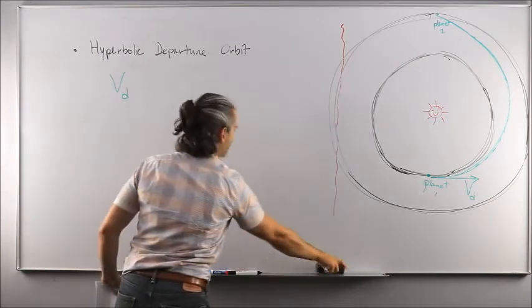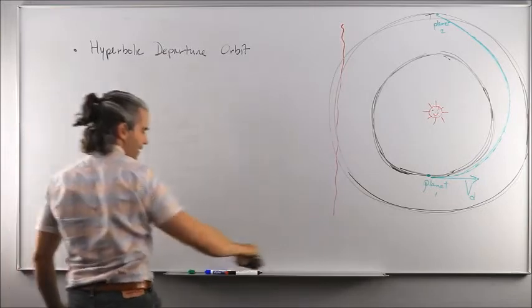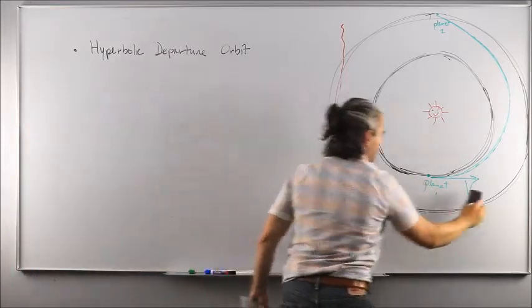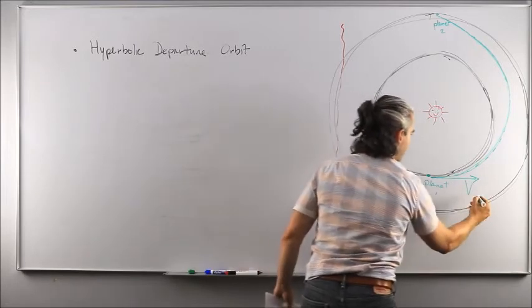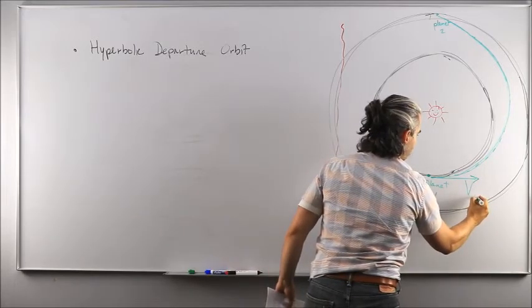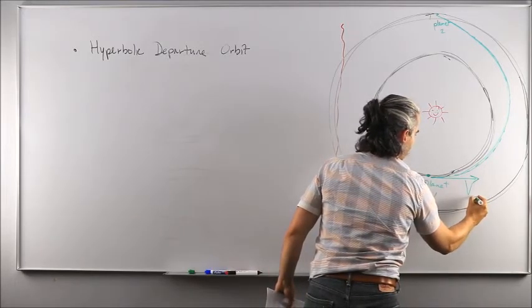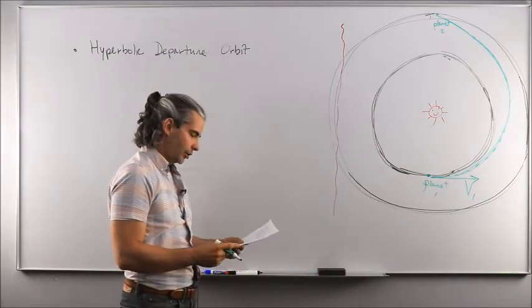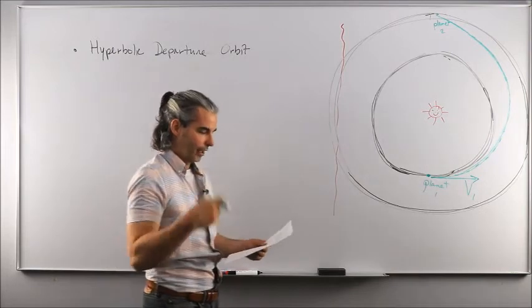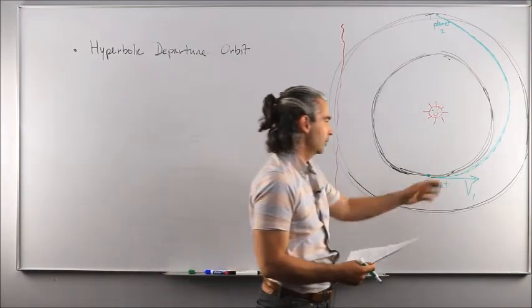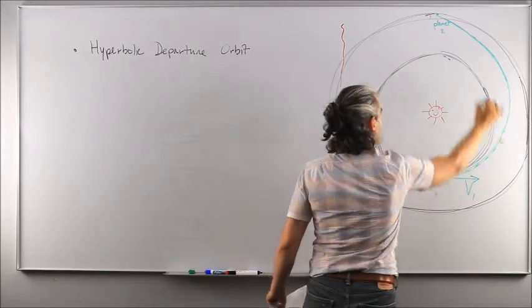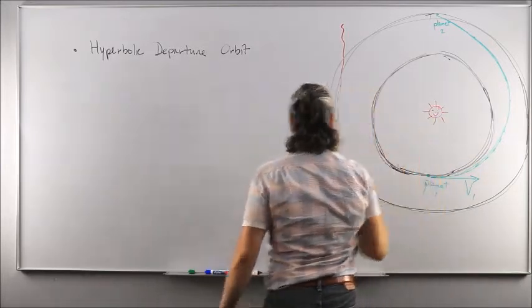Sorry, no, that's not what it is. Well, so VD is not this. V, let's call it planet 1. Okay, in the notes I've used the notation for Earth, but to make things a bit more general, I'm going to say planet 1. So the speed that planet 1 has along its circular orbit around the sun is simply